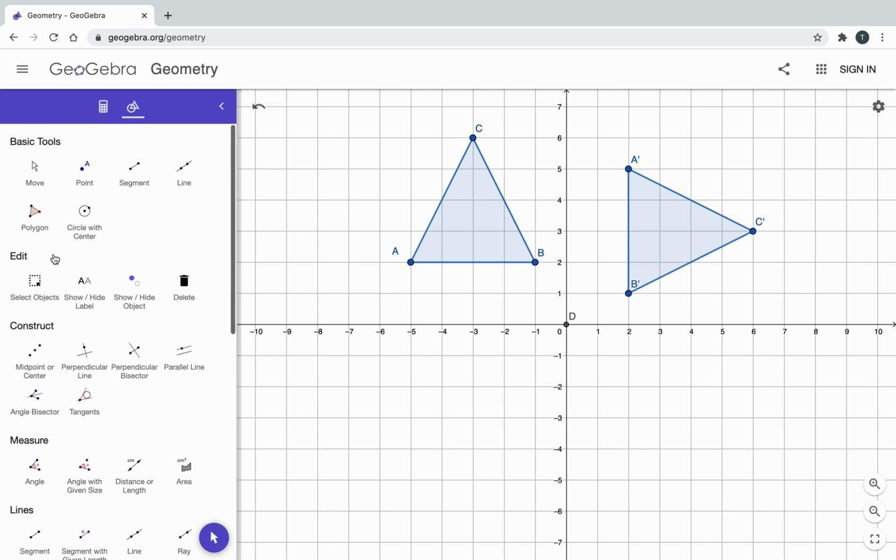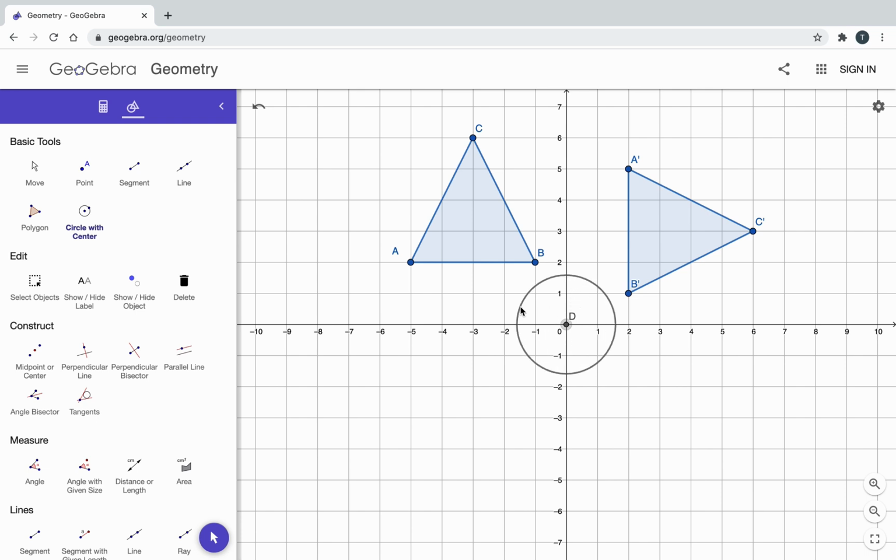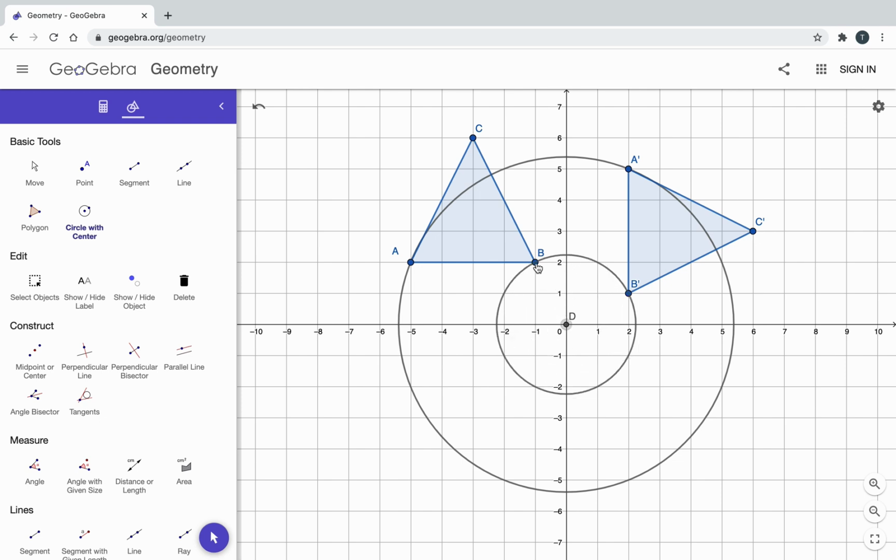One thing I want to show you is that these are all tied to circles. If I create a circle with a center D and I expand this out to A, the 2 points that intersect with this circle are A and A prime. If I do that with B, I get B and B prime. And C,